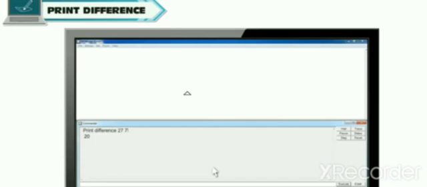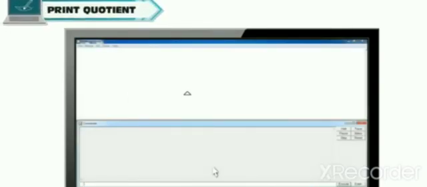With the print command, it also takes 2 numbers. We can also do subtraction using the minus symbol in Logo. The output of this operation is the difference of the 2 inputs. Print product. The product command is used to multiply 2 numbers and print the result with the print command. We can also do multiplication using the asterisk symbol in Logo. The output of the operation is the product of the 2 or more inputs.